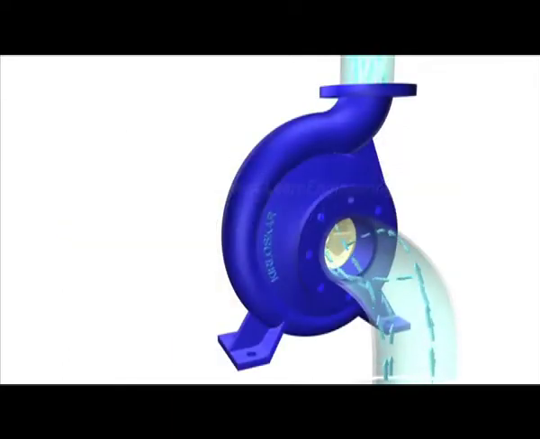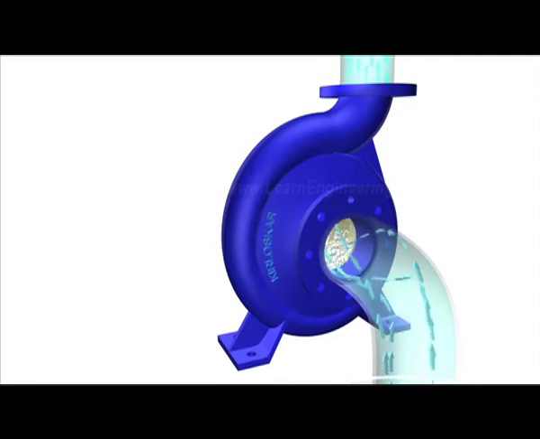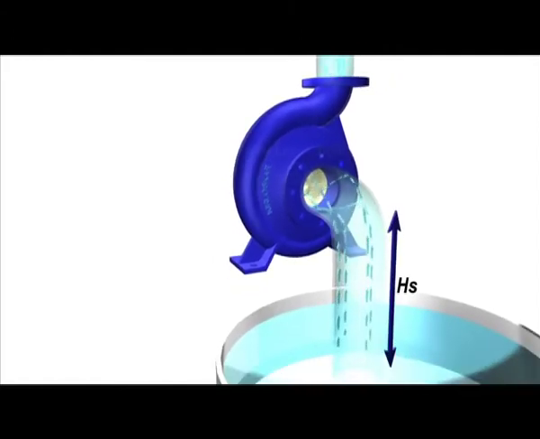If pressure at the suction side of the impeller goes below the vapor pressure of water, a dangerous phenomenon could happen. Water will start to boil, forming vapor bubbles and spoil impeller materials over time. This phenomenon is known as cavitation. The more the suction head, the lesser the pressure at the suction side to lift water. This fact puts a limit to the maximum suction head a pump can have. Careful pump selection is required to avoid the problem of cavitation.